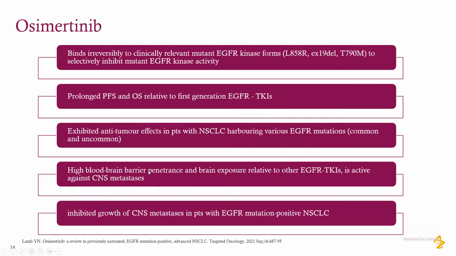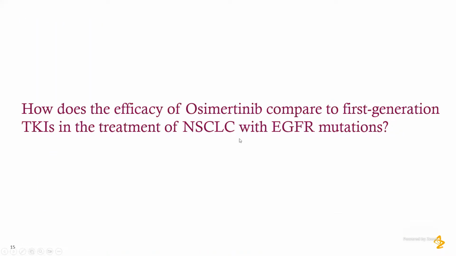Even in patients without CNS metastasis, osimertinib crosses the blood-brain barrier and inhibits growth of CNS metastasis in patients with EGFR mutation positive non-small cell lung carcinoma. So coming to the FLAURA trial, which compared the efficacy of osimertinib compared to first generation